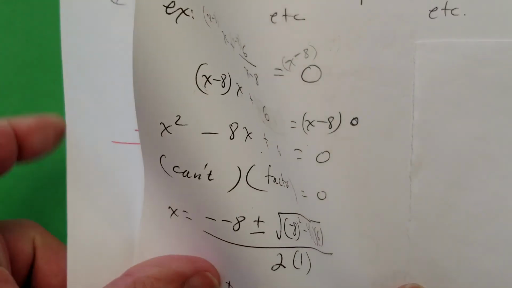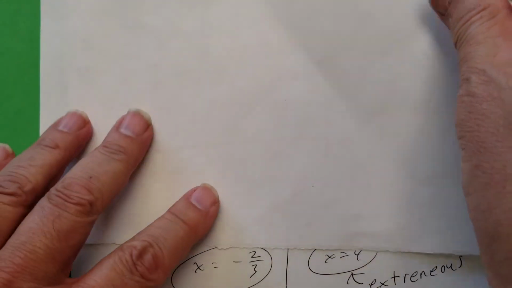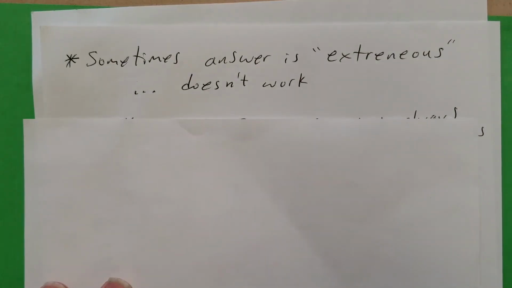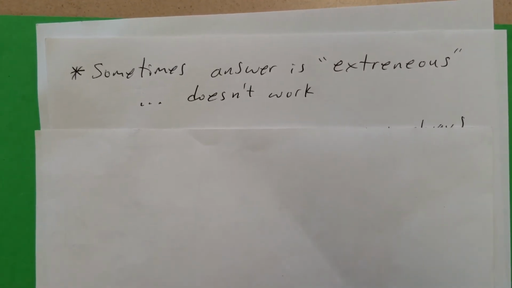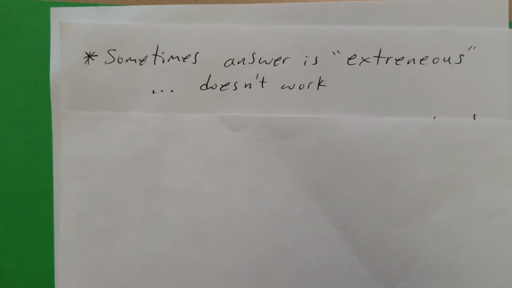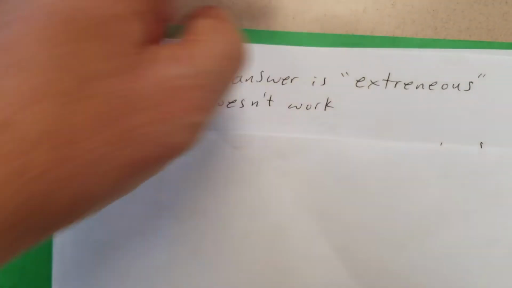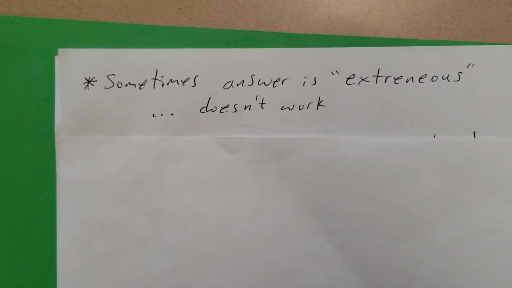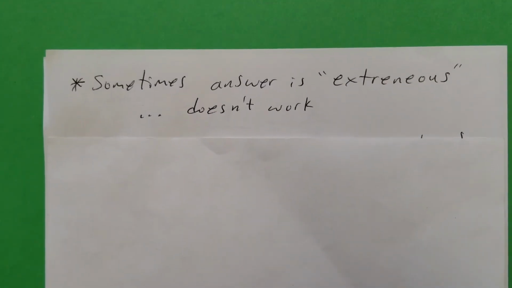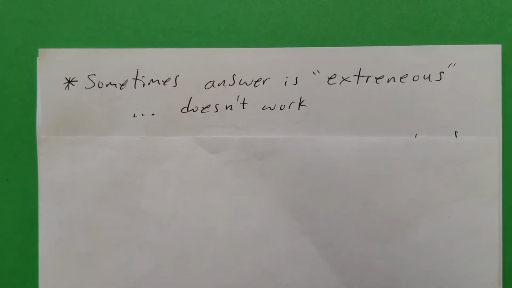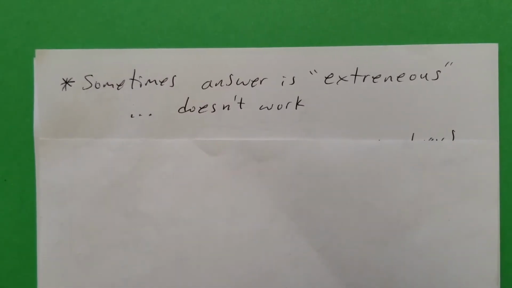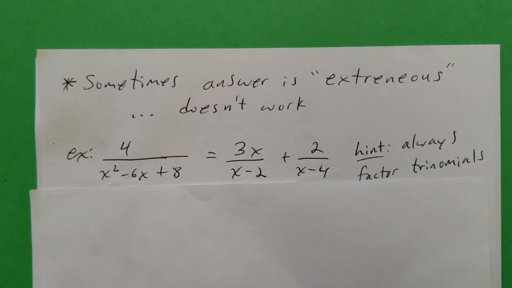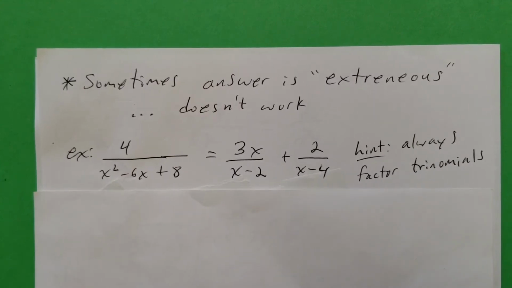Let's see another one. It turns out that sometimes an answer can be extraneous. That means it's there, you got it, but it doesn't work. If you plug it back in, it won't work. So we call that extraneous. It'll happen here. So here is our